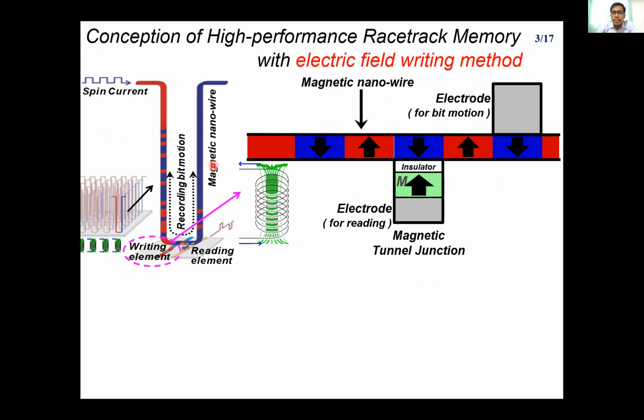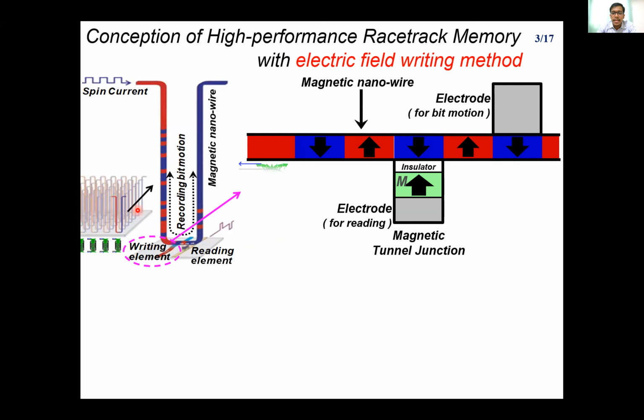As we know, IBM introduced restrict memory where we are going to use nanowires, and by means of a spin current, we are going to write data on the restrict memory. In the writing element, if IBM uses the same concept as in the hard disk drive, that means by using a coil, we need billions of coils for the billions of nanowires, which really consumes a very high amount of energy.